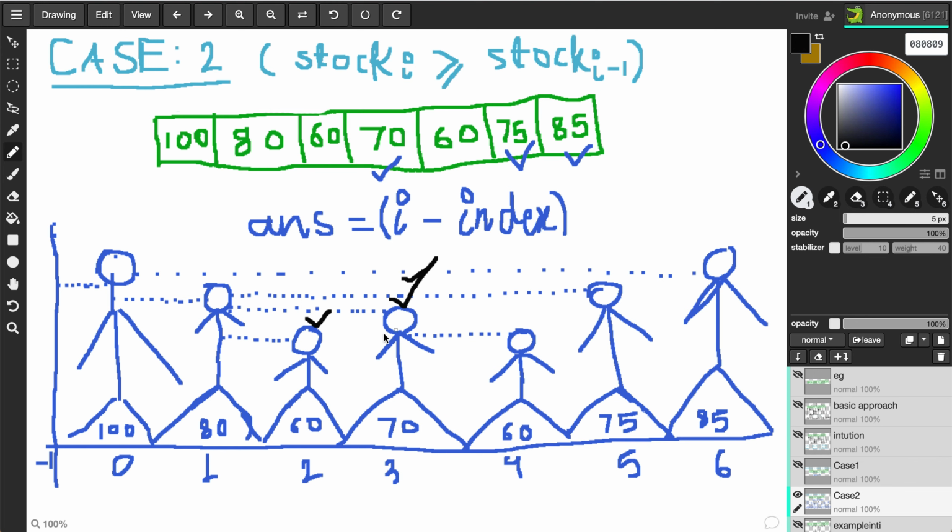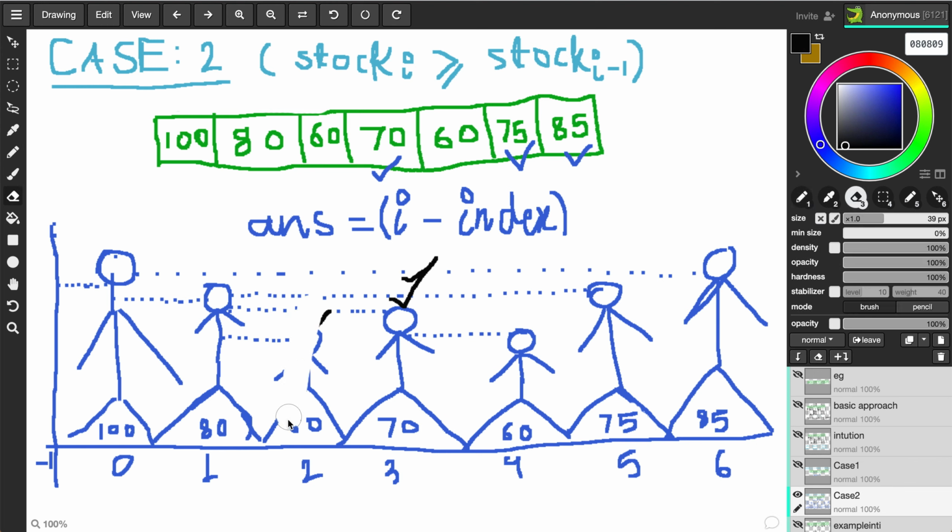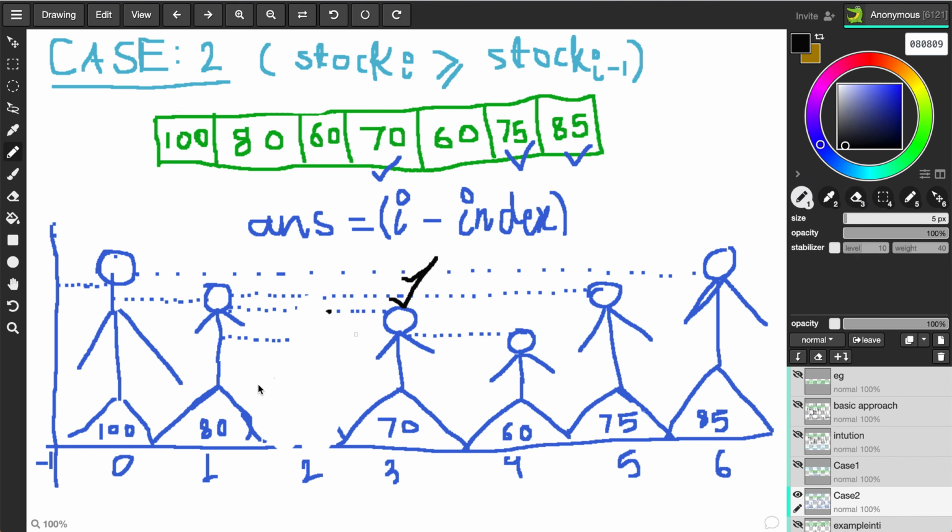So in this example, let's say we removed this one after calculating all the distances for the first 3. Now in this case we know that this guy was at the third index and this guy was at the first index, so for this guy we know the answer is 2. For any further person standing on the right hand side of this particular person, we don't need to know what was in the middle of these two persons. So let's see with these examples.